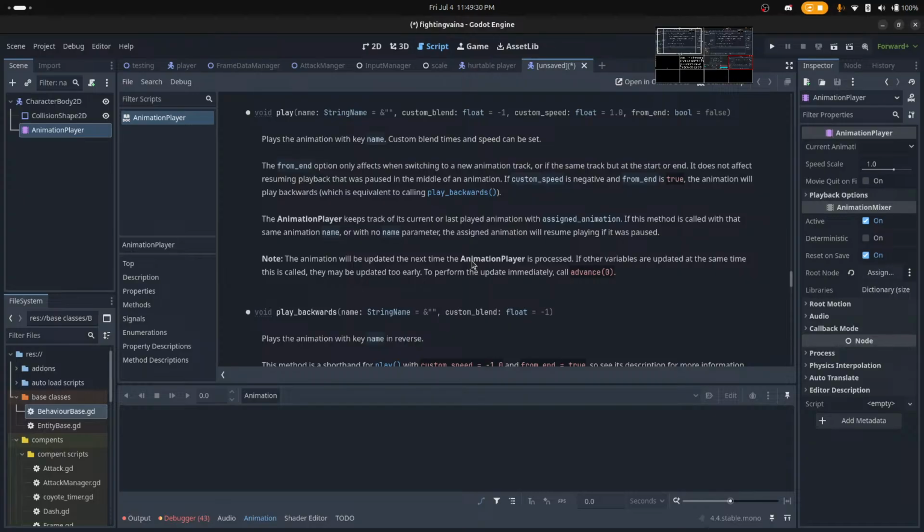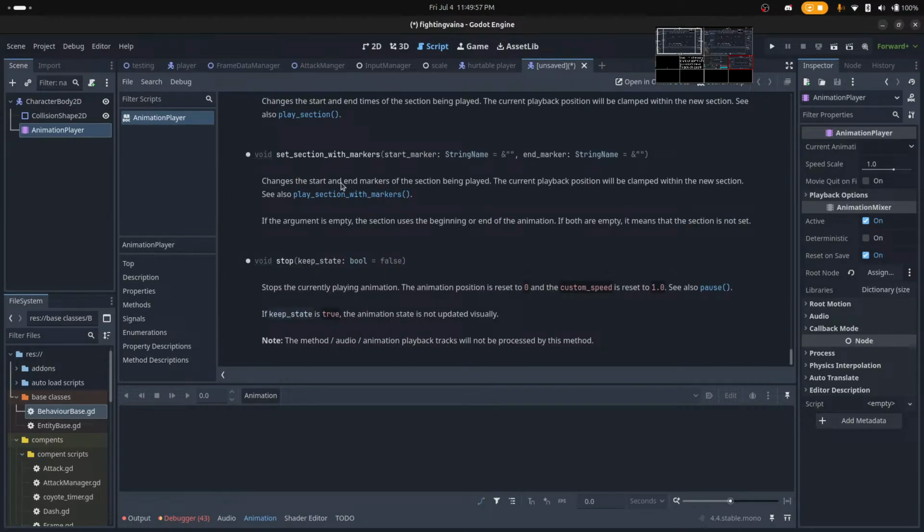If custom speed is negative and from end is true, the animation will play backwards, which is equivalent to calling play backwards. The animation player keeps track of its current or last played animation with assigned animation. Assigned animation. Okay,